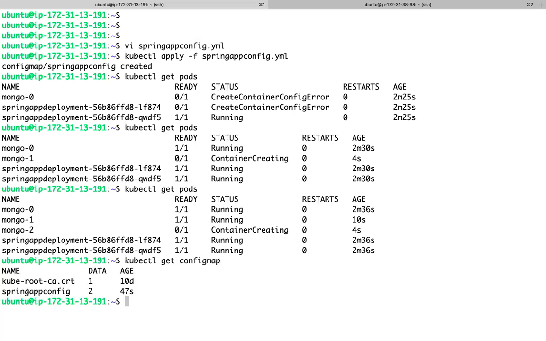If you see, I have a config map. If someone has access to the Kubernetes cluster, the Kubernetes CLI, will they be able to see the data we have in a config map by describing it?